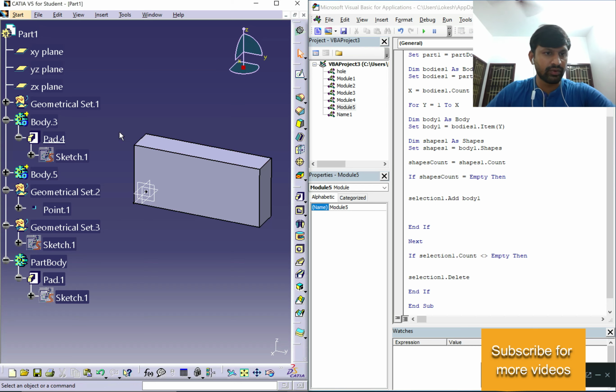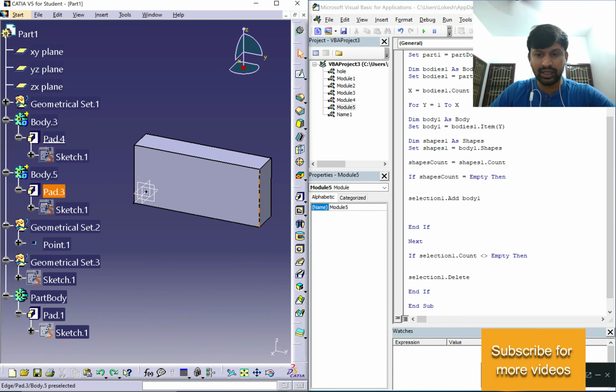I hope this code will work now. Let's try it. Okay, now we don't have anything to delete. By running this, it should not try to delete anything, and there should not be any error. Yeah, the code was successful. I can show it now. It's successful. It doesn't throw any error. Nothing to delete.